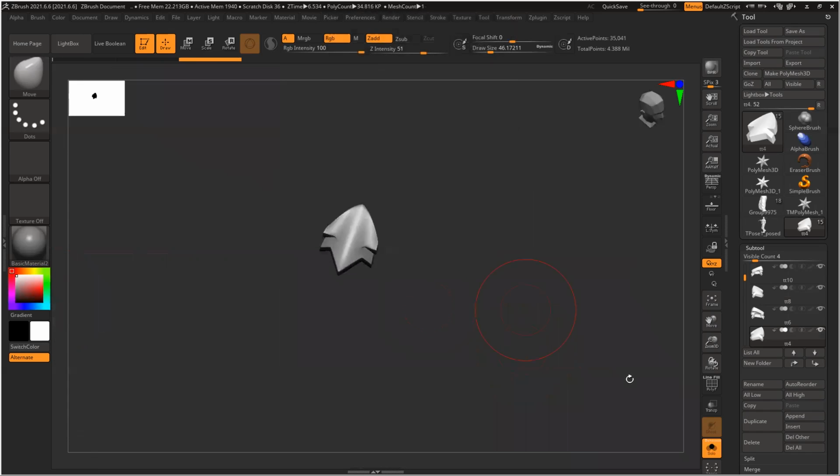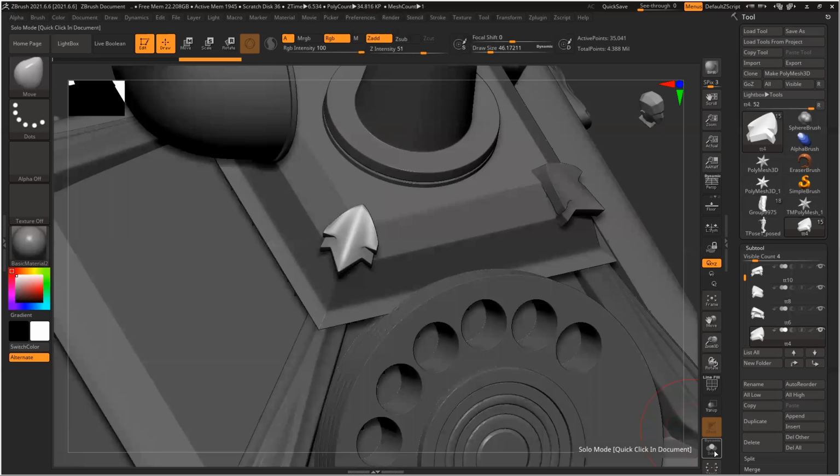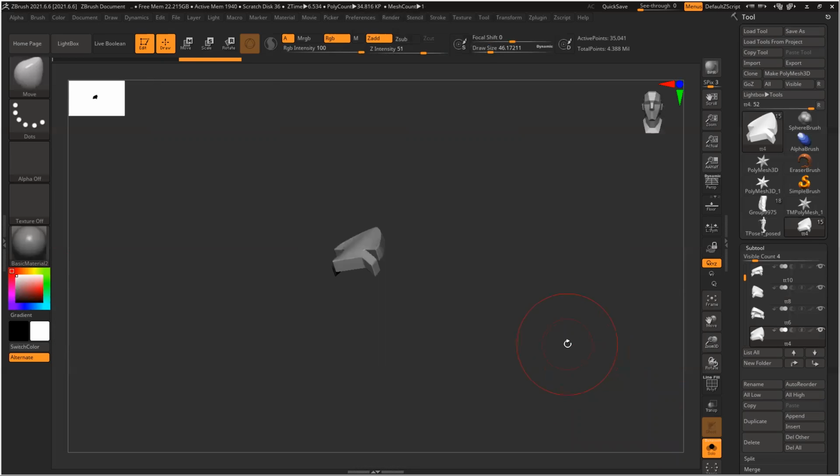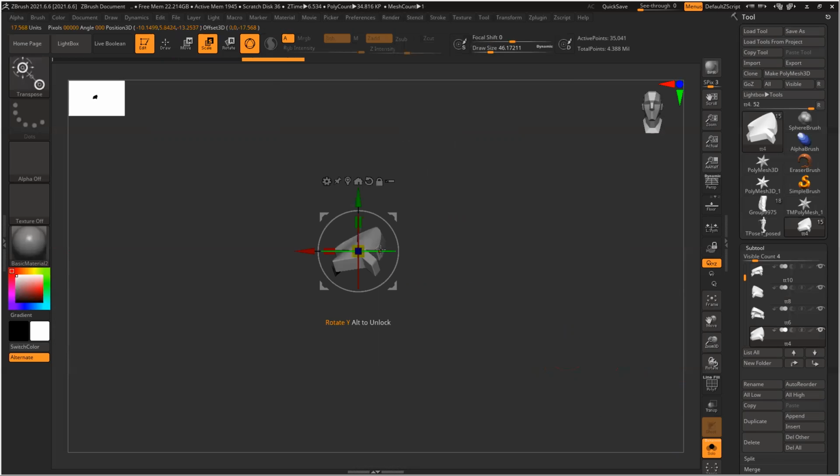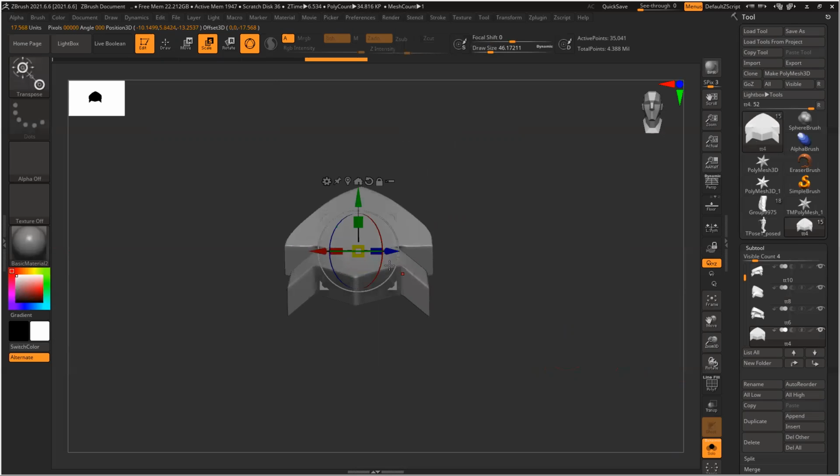So first things first, the easiest thing will be to rotate this.